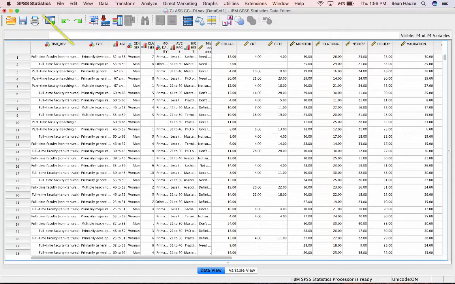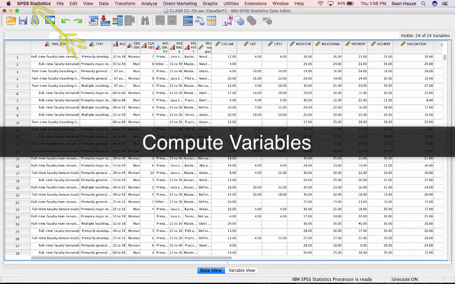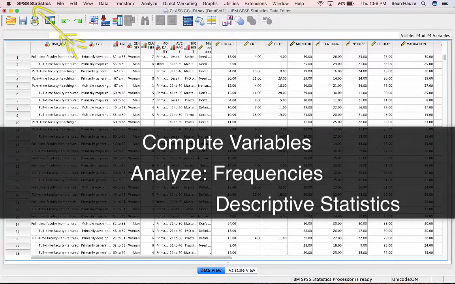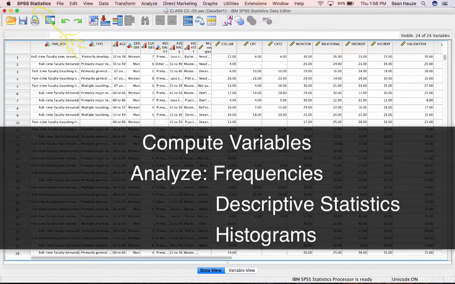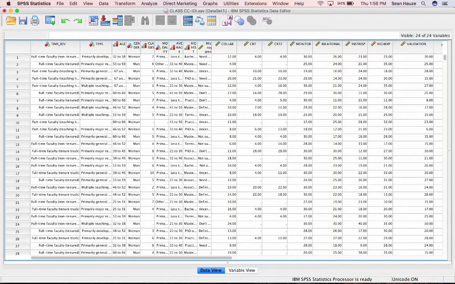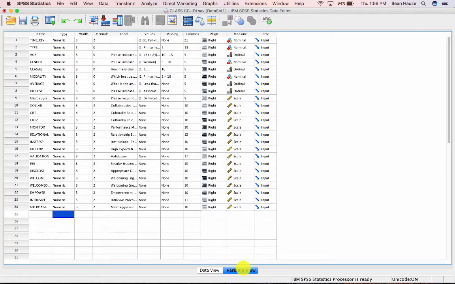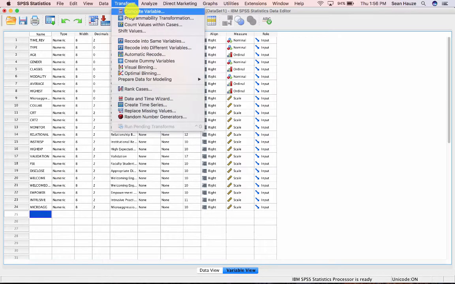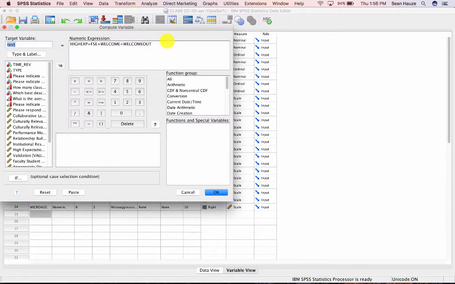Okay, I'm going to demonstrate how to use SPSS to compute variables and to analyze frequency, descriptive statistics, and histograms. So to start out, I've already preloaded my data set here. So I'm going to go to Variable View, and to compute the variable, I'm going to click Transform, Compute Variable,